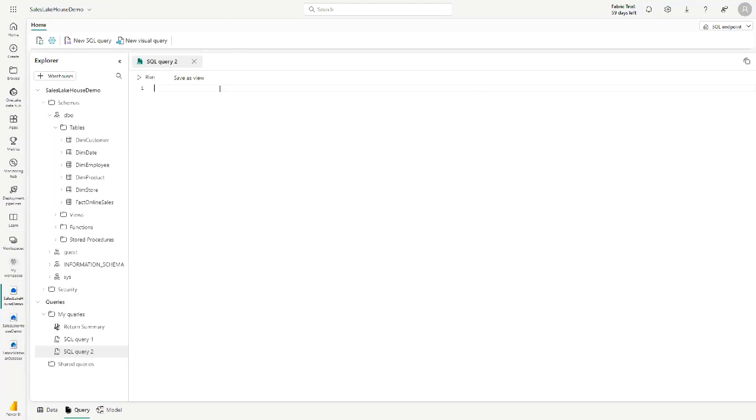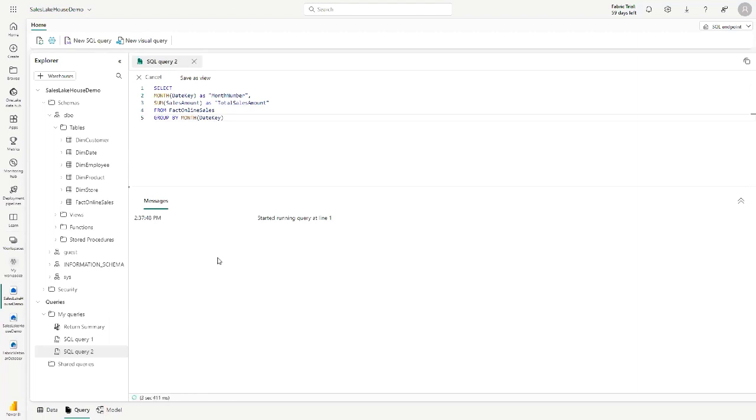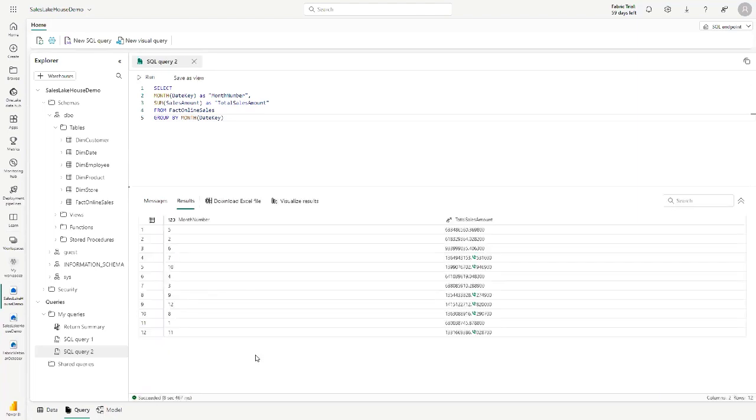Literally copy and pasting SQL, okay, raw SQL. And I'm just running this against this data. Now, notice what I can do with this. I can download it to Excel, or I can visualize the results.